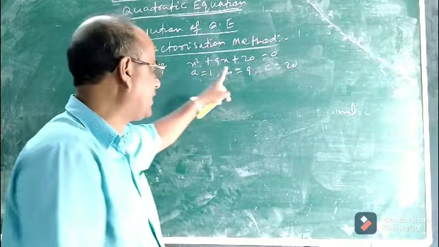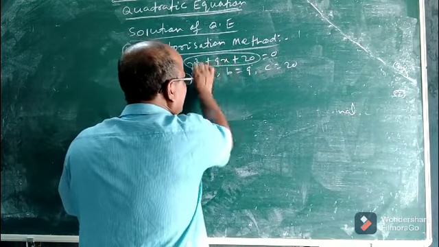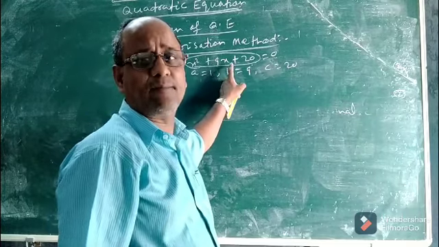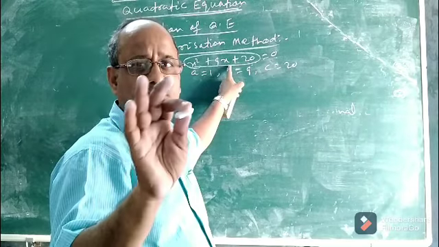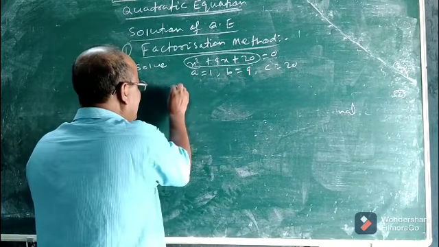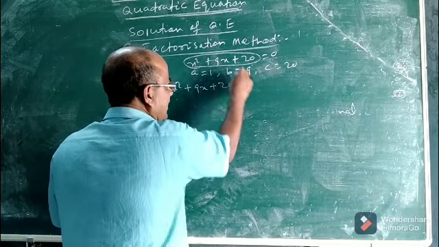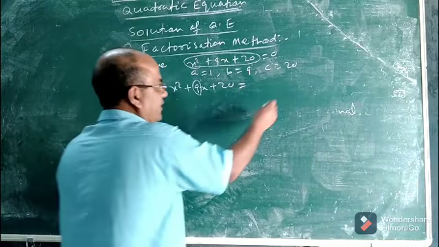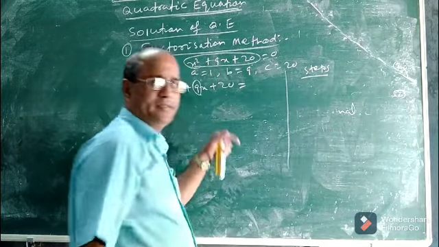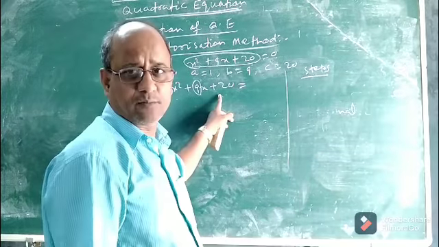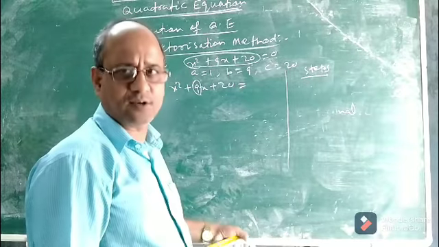So in order to factorize, you see what is the principle? The principle is, first you factorize the left hand side, or the quadratic polynomial. Then by which method will you factorize? By following the splitting the middle term method. That means x square plus 9x plus 20 is first to be factorized. This middle term 9 is to be split, and let me discuss the process once again. See, what steps you will follow to factorize the quadratic polynomial, to find the solution or roots of the quadratic equation by the factorization method.